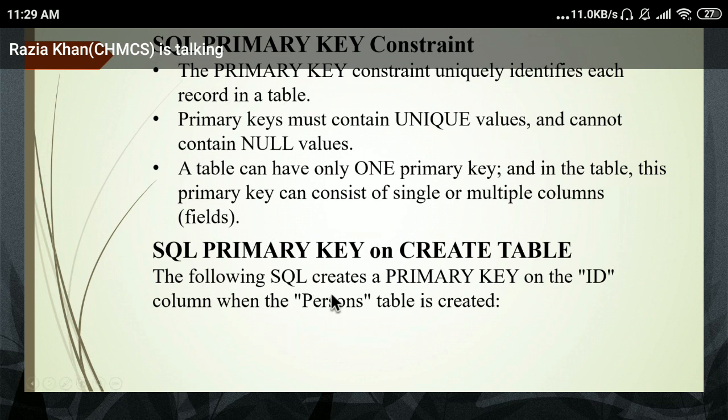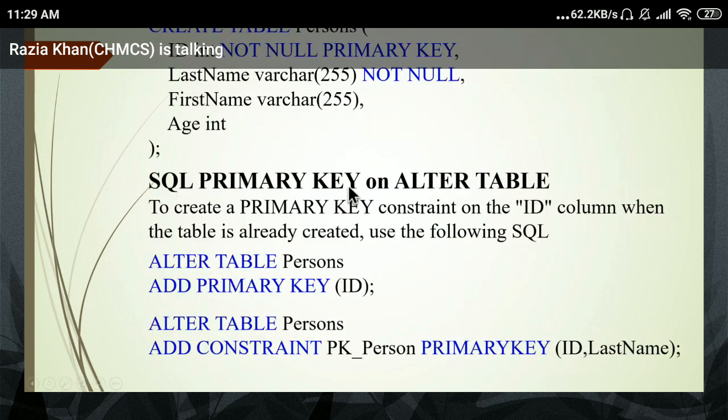Here, everyone, just check how you can apply primary key constraint on a particular table. When you create a table, at that time, how you can apply primary key. Everyone just check. So create table, then table name, then column, data type, not null constraint, and you have to just write down the primary key. So this is the first syntax. This is the first way to apply the primary key on a particular table at the time of creation.